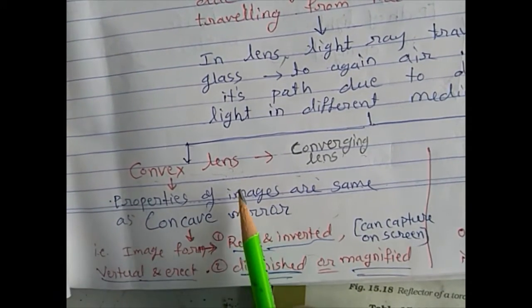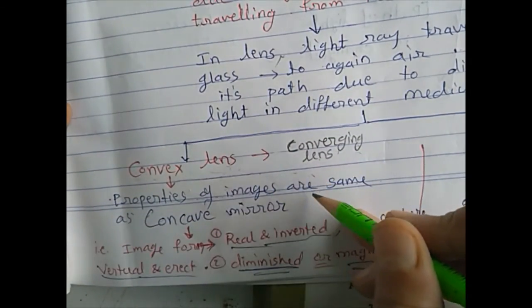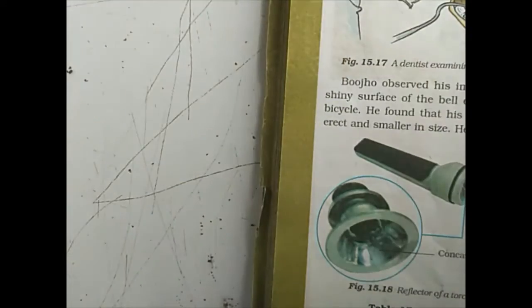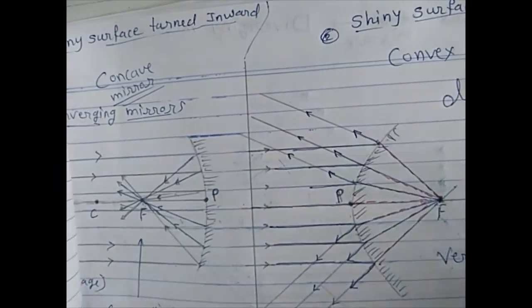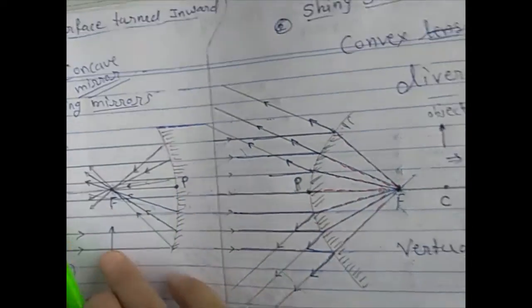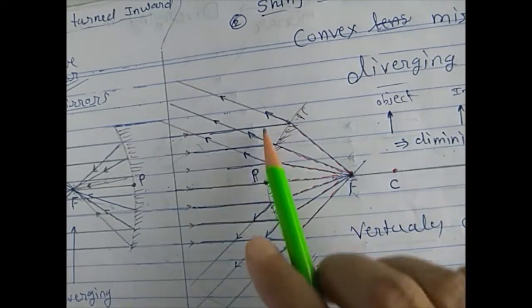Concave mirror में भी हमने देखा है कि लाइट रेज क्या होते हैं, कॉन्वर्ज होते हैं, है ना. We have seen already here. देखो यहाँ पर, कन्वर्जिंग मिरर कौन सा है, कॉन्केव मिरर में क्या होता है, लाइट कॉन्वर्ज होता है, और कॉन्वेक्स मिरर में लाइट कैसे होते हैं, डाइवर्ज होता है.